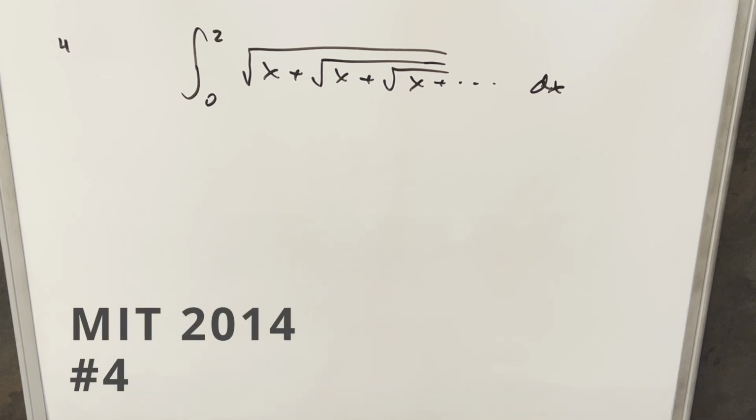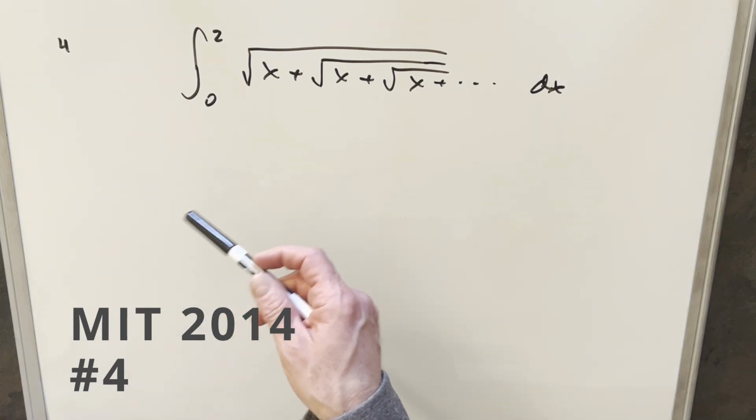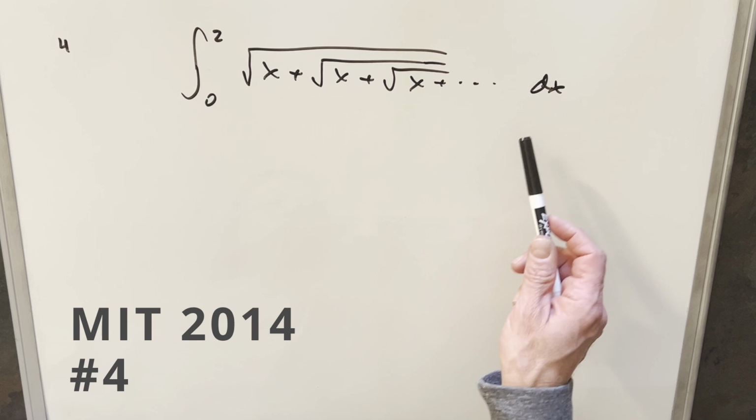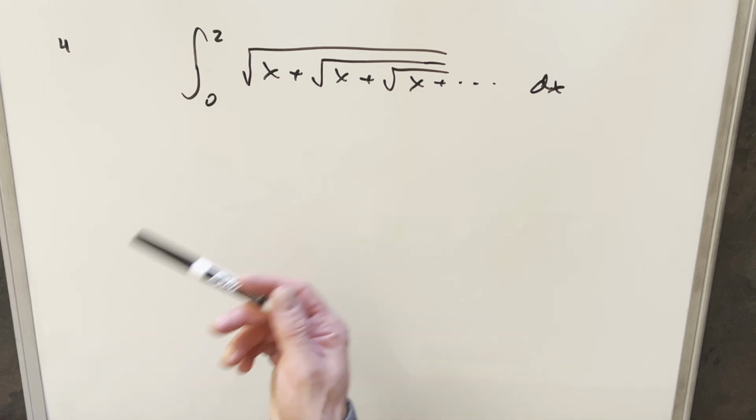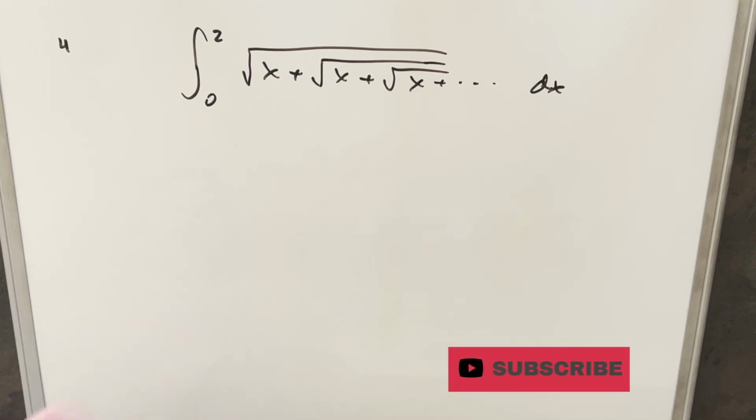Okay, we have here today a really interesting integral on the board. This is from MIT Integration Bee 2014, problem 4. We have the integral from 0 to 2 of this infinitely nested square root dx. This is actually an integral that I did not too long ago, just a week or so back. There were some interesting suggestions in the comments of using an alternative method, and I wanted to explore that in